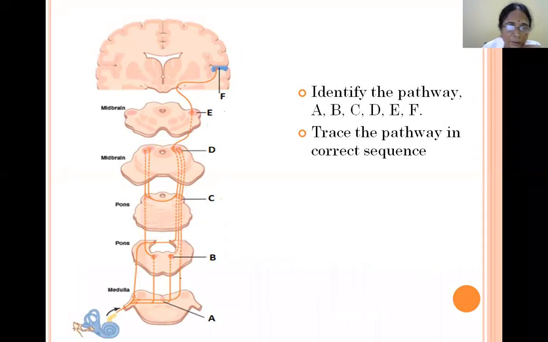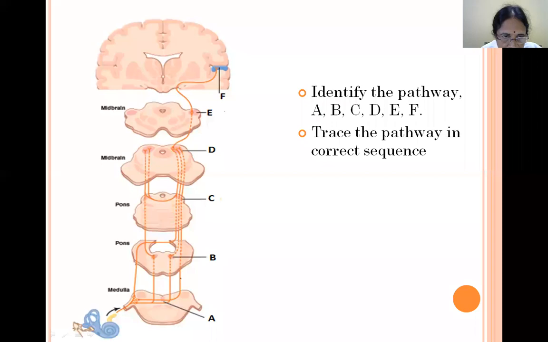And this is the next. Therefore, hypermetropia we have already done. In hypermetropia the image falls behind the retina, and in myopia the image falls before the retina. This picture will be kept as a chart, and you have to identify the chart.